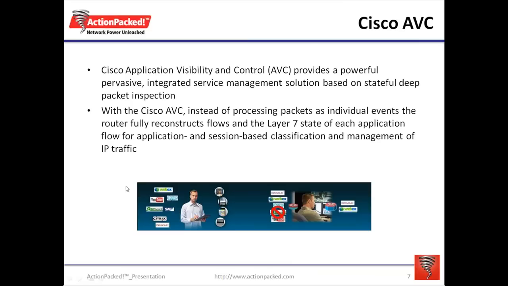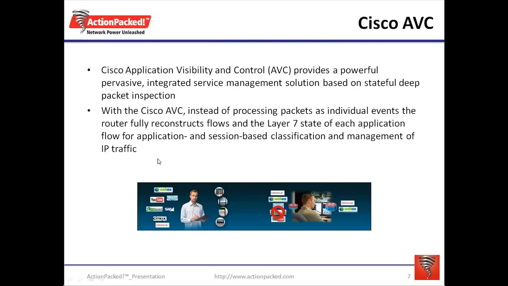But first, let's talk a little bit about Cisco AVC. Cisco's application visibility and control provides a powerful, pervasive, integrated service management solution based on stateful deep packet inspection. That's right, for the first time the router is looking all the way through the actual packet and being able to reconstruct the flows of each state of each application and then give us performance measurements of that actual application